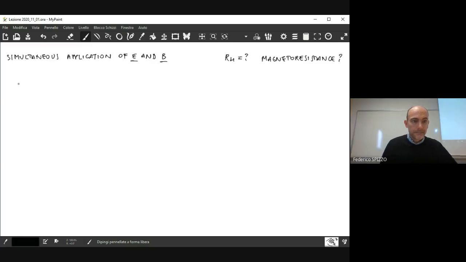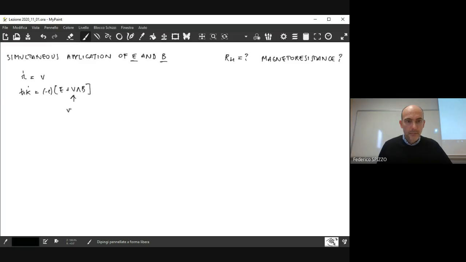So in this picture, we always have to consider the semi-classical equations of motion, so the derivative of the position vector is equal to the speed, and the derivative of the crystal momentum is minus e times the electric field plus the vector product of v and B. This equation resembles the equation that we used when we described the effect of just the application of a magnetic field. In that case,